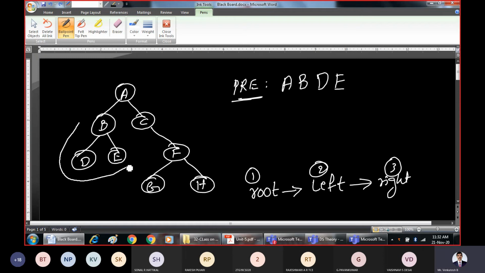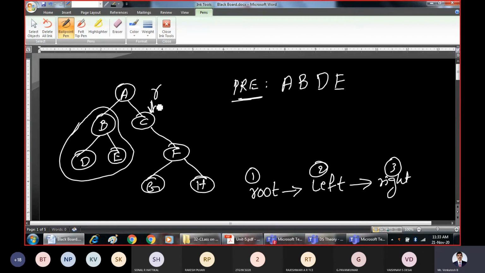Or in other words, for this root node A, the entire left subtree is over now. Now you have to process this entire right subtree. For that purpose, after coming up here, now you should move down. Now this becomes the next root node. Why does this become the next root node? Because the procedure says for any given node, process the root node first, then process its entire left subtree, come back, then process its entire right subtree. We are just following the recursive procedure.